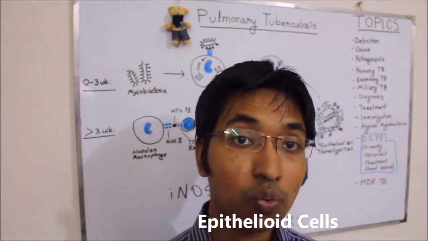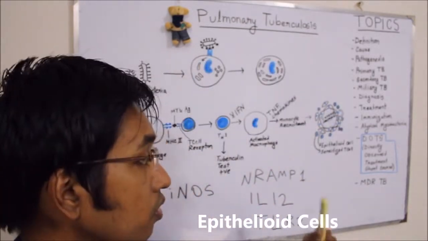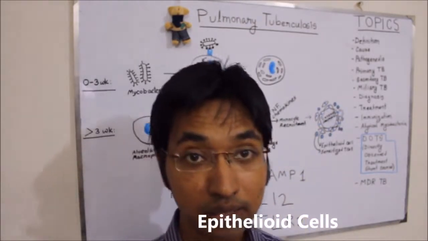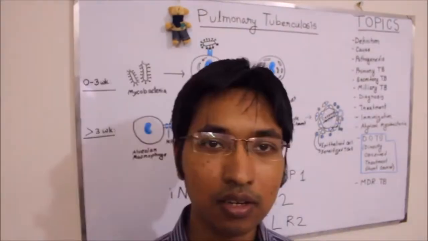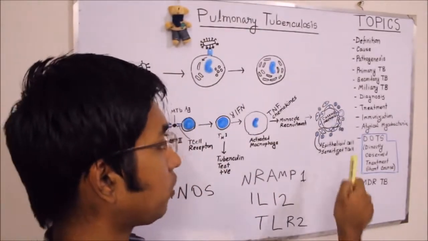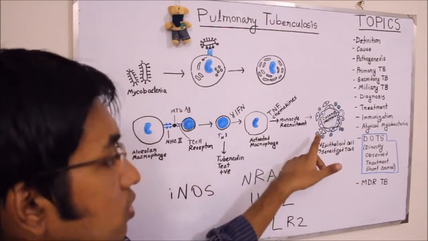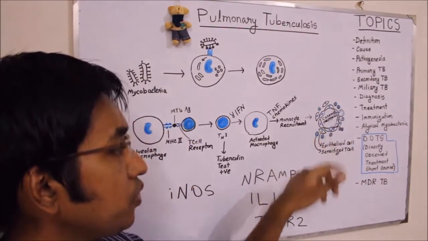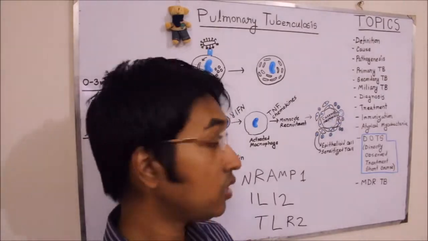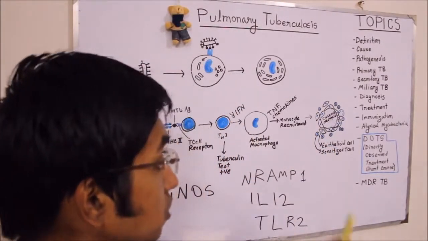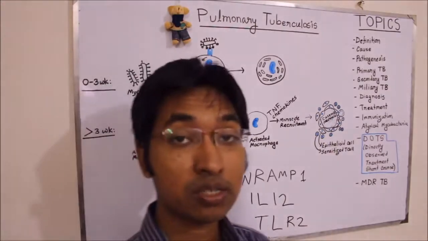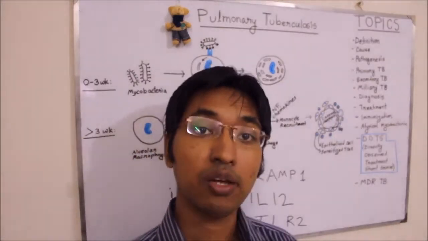Epithelioid cells will have a slipper-like nucleus, and they are modified macrophages. So here on the right side of the board you can see I have drawn some epithelioid cells. They derive from the activated macrophages, and also sometimes you will see some epithelioid cells fuse and form